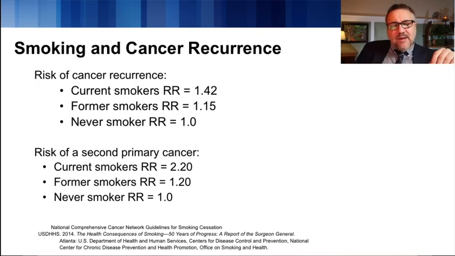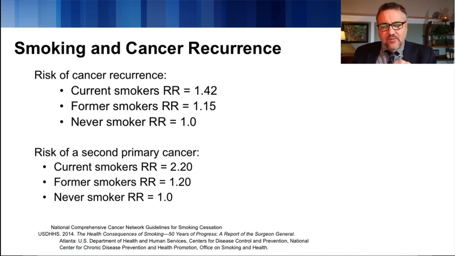So what about treating people who have already developed cancer? One of the things that we do at Duke is we run a specialized smoking cessation program out of the cancer center. It's there to treat people who already have cancer. And there is a kind of sentiment among some of those patients to say, well, I've already gotten cancer. Now what's the use? I should at least smoke and enjoy myself rather than trying to quit. The data on this is actually very compelling, and I want to go over a little bit of it.